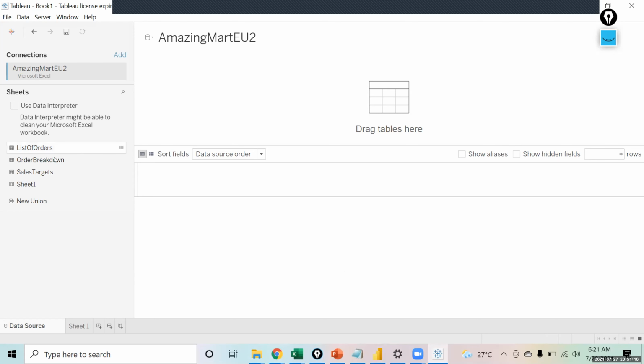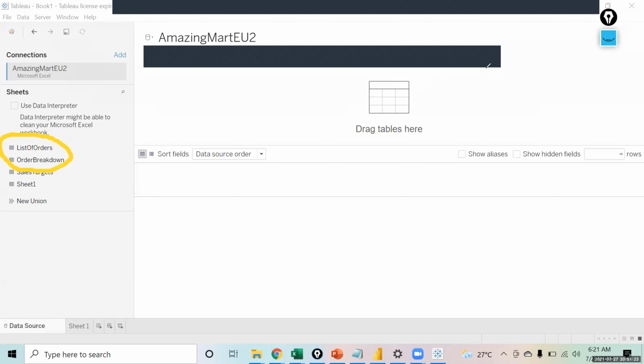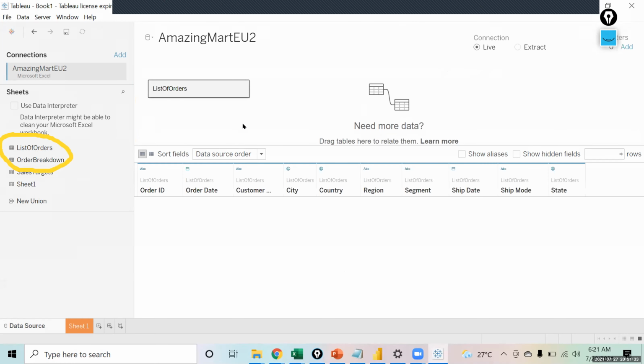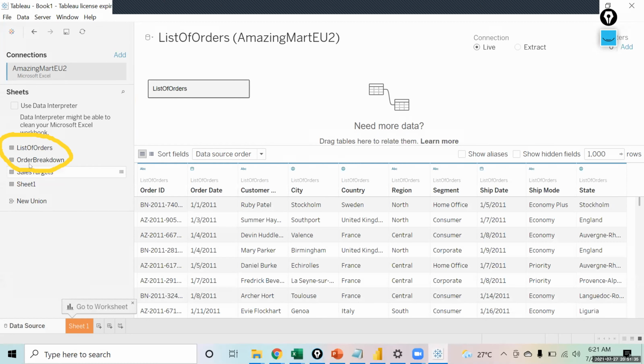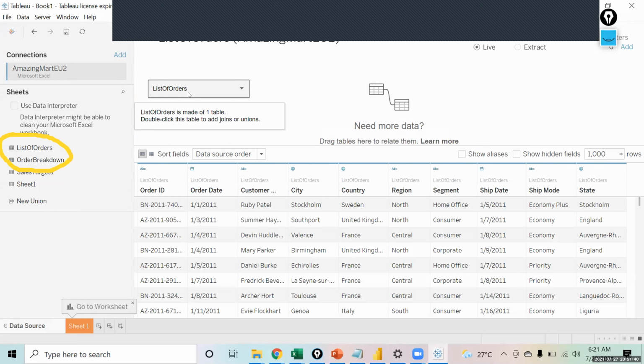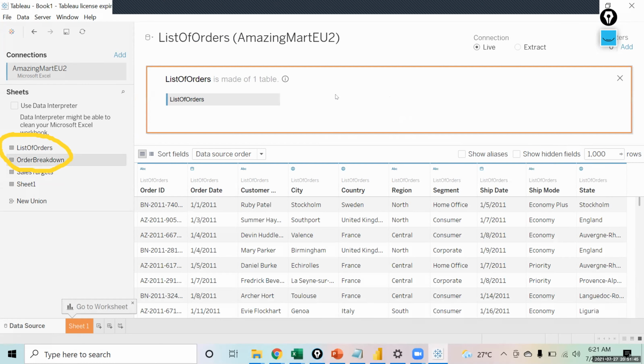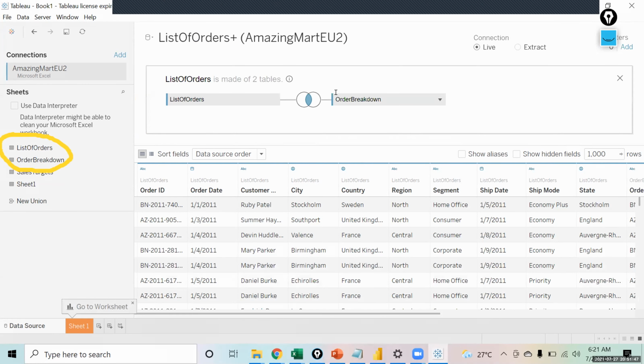Now I want to create a join between these two data sets. I pick my list of orders and drag it over here. To join with the order breakdown, double click on list of orders, and then bring order breakdown over here. You will notice a join will be created and a complete data set will be there.